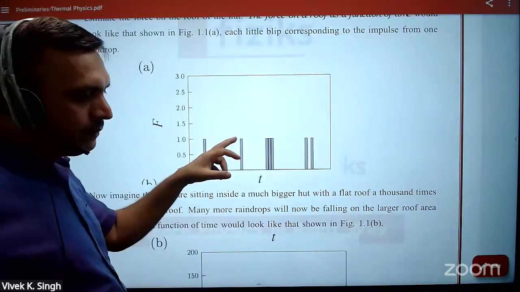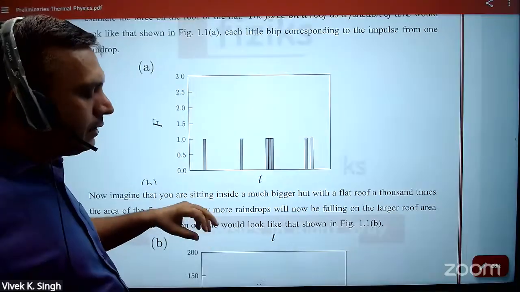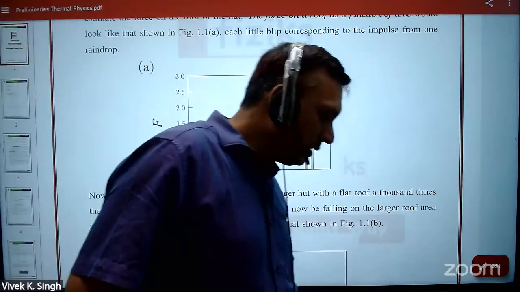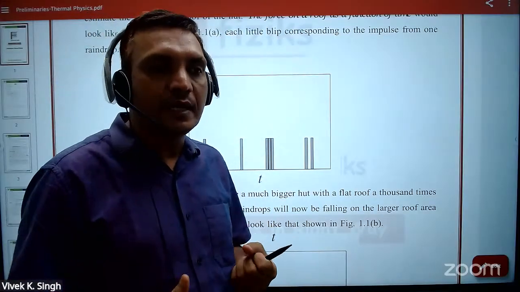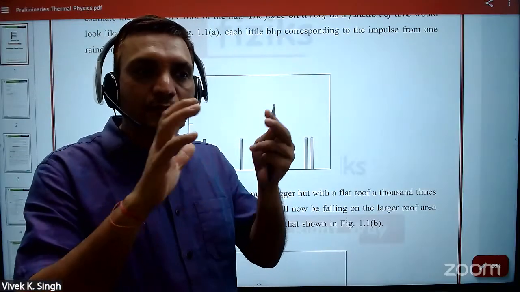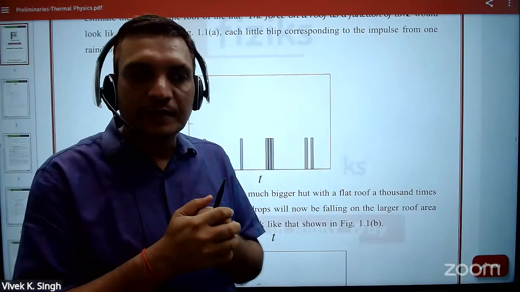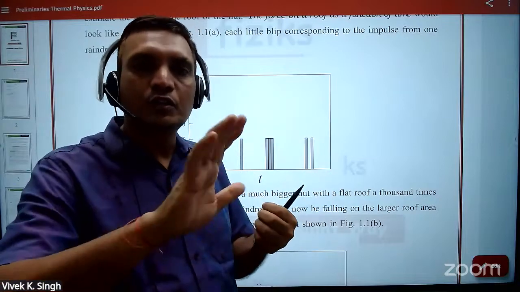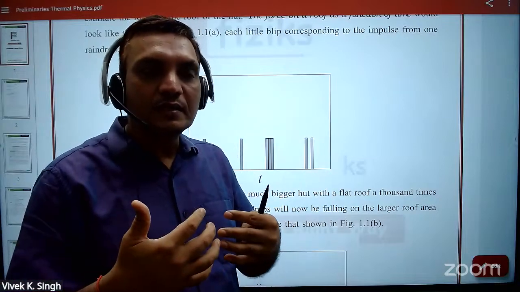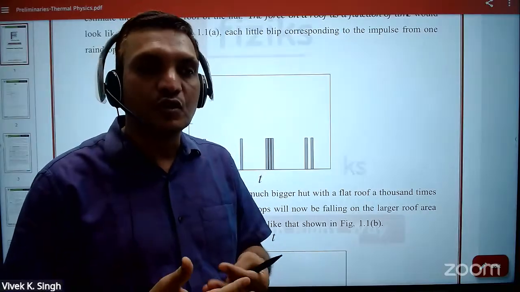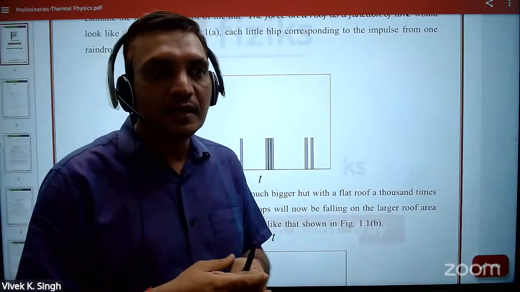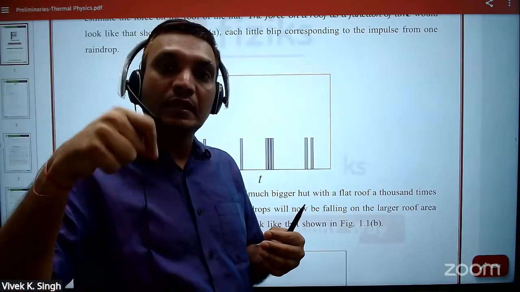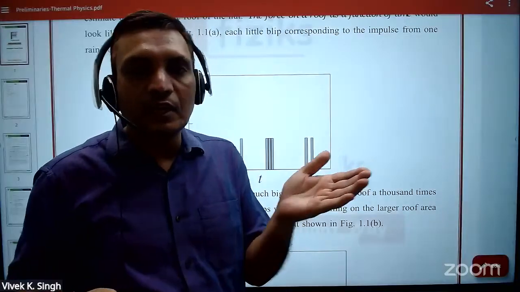Is it clear? Now see what will happen. Look, what is our case? What we have to study is that you have a large number of molecules in a gaseous container, and they are colliding with each other and also with the walls, and you will see that we will get a constant pressure. So why are we getting constant pressure? Because of the very large number of molecules. So we call it, in the thermodynamic limit, you will get the constant pressure.